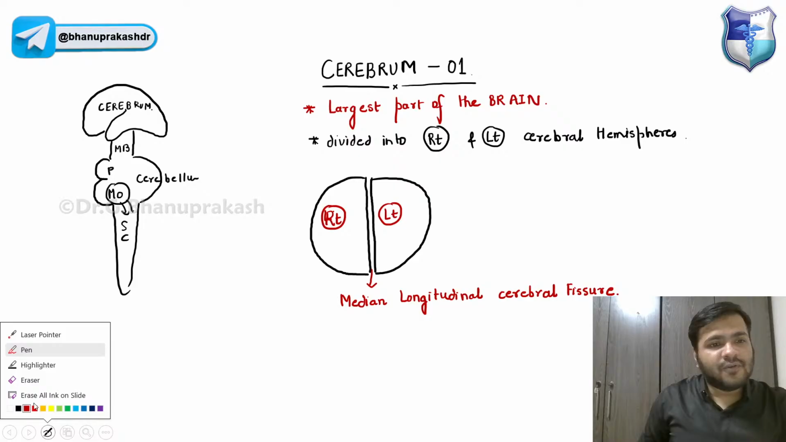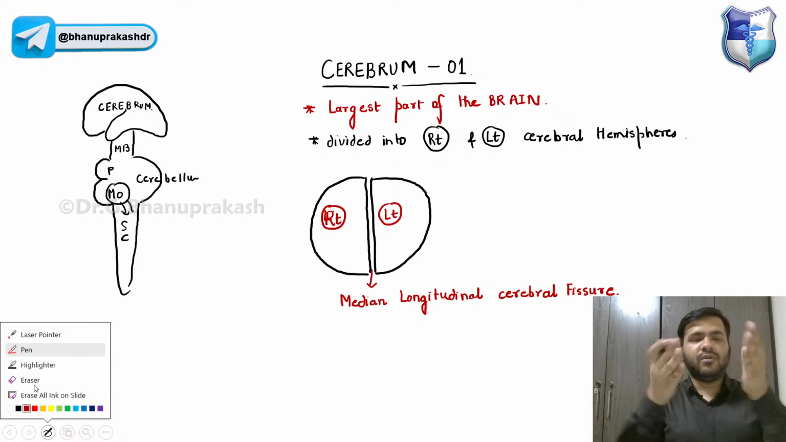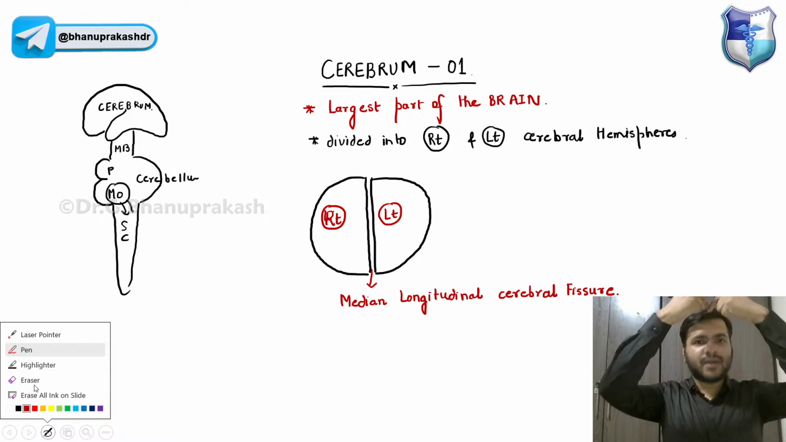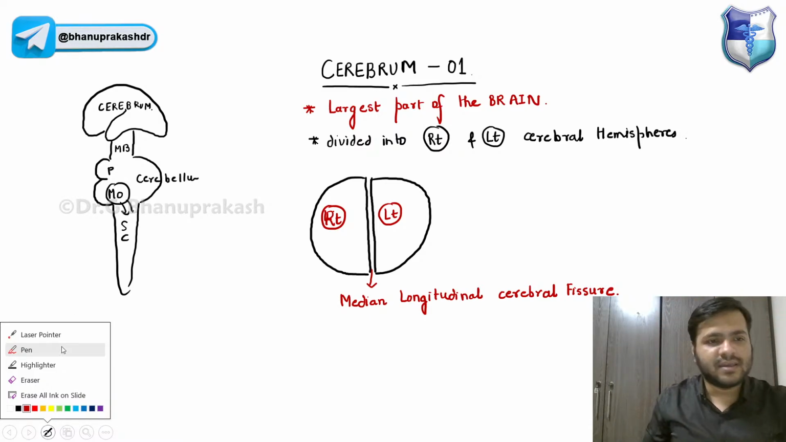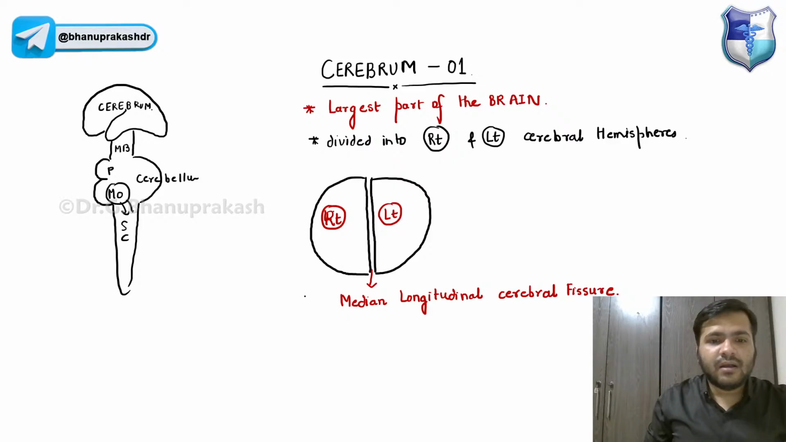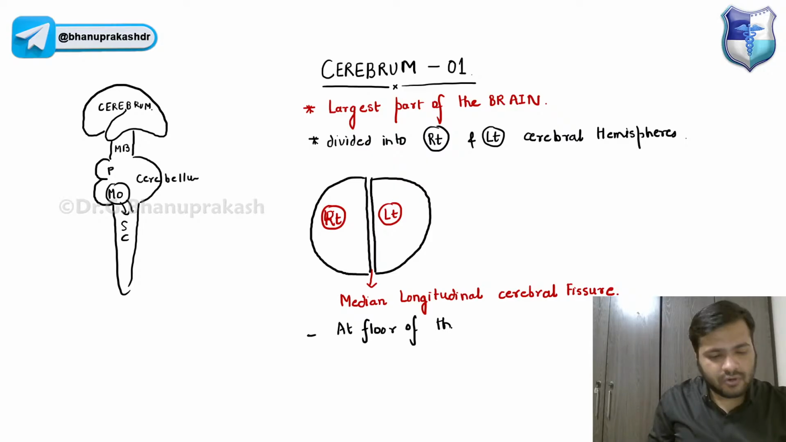Now guys, at the floor of this fissure, the top is a fissure, and as soon as it goes down to the floor part, you will get a mass of white matter, guys. So at the floor of this fissure, remember guys, at the floor of this fissure,